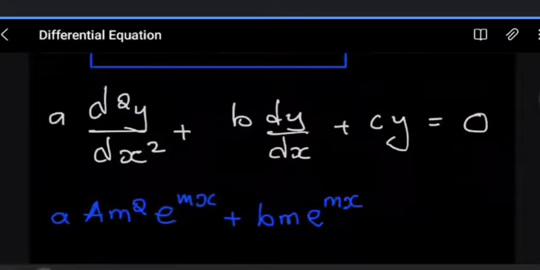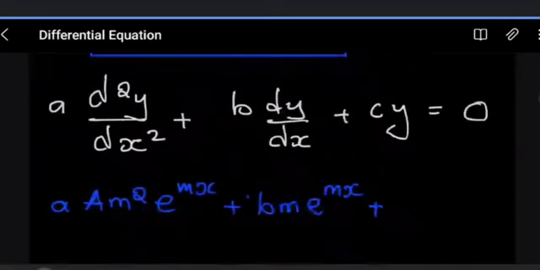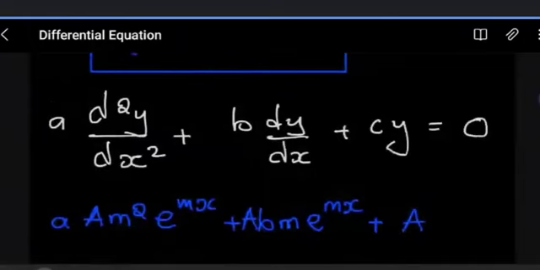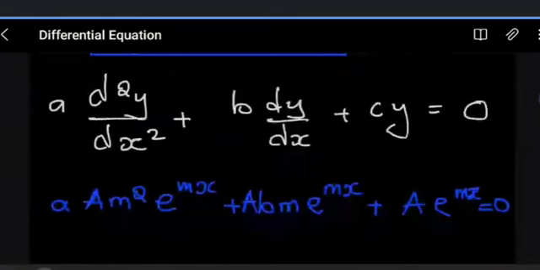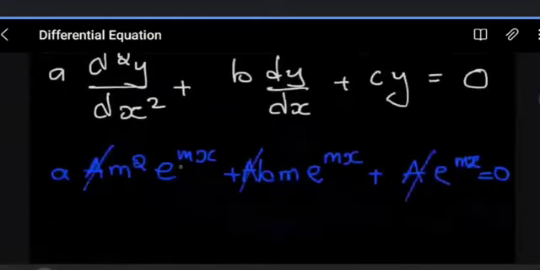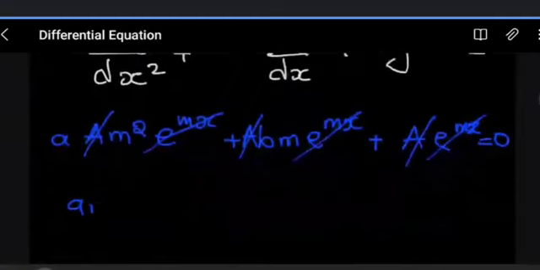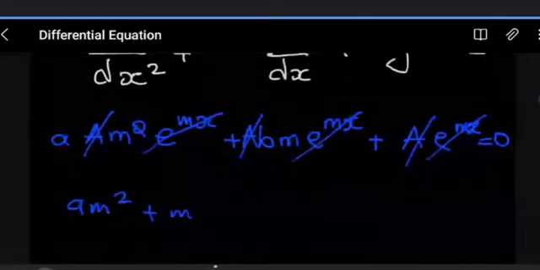And for the last term, this is just y, not a derivative, and for y, remember what y is. Okay, here we also have an a. Here, this is going to be a, and then you have e to the power mx equals 0. Quickly, you observe that the a is present in all the terms, and then the exponential is also present in all the terms. And what you remain with is going to be a, m squared plus bm